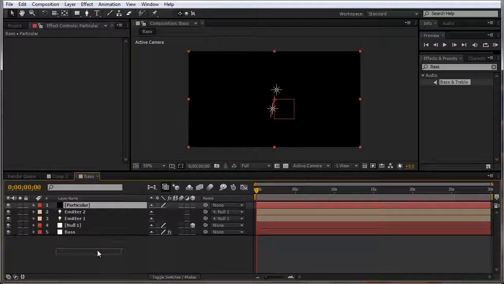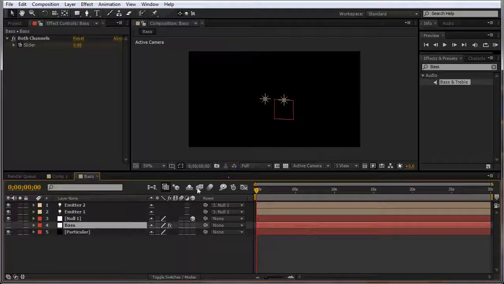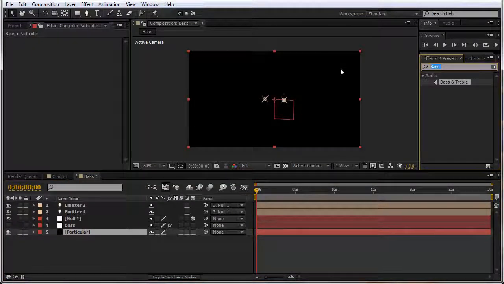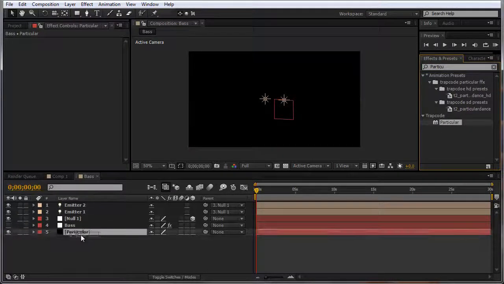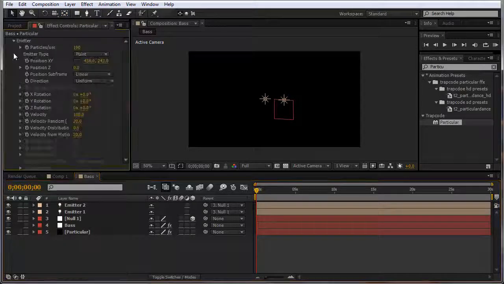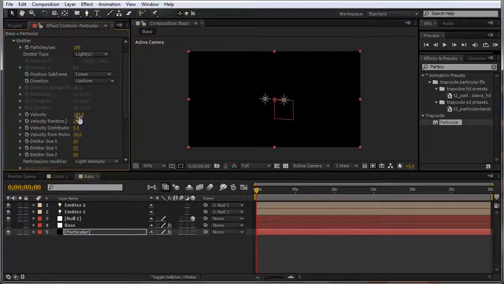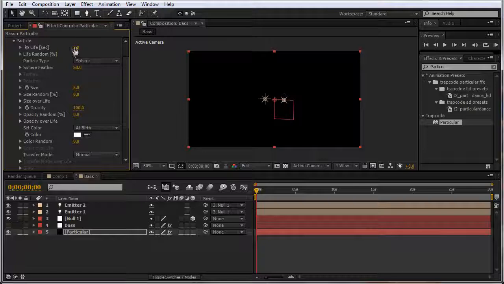Now drop it to the end of the stack and shut off the bass layer so we don't see it in the viewport. Now let's apply Particular to it. Particular, there it is, and let's set it up. Go to emitter and change the emitter type to lights and set the velocity to 0. Perfect. Now let's go to the particle, life 0.3 seconds,